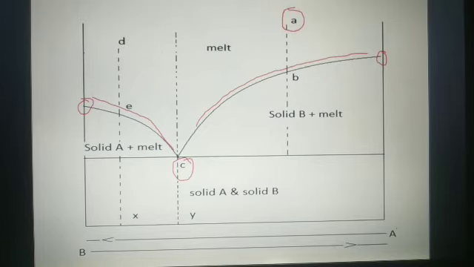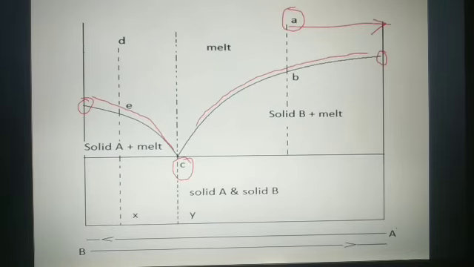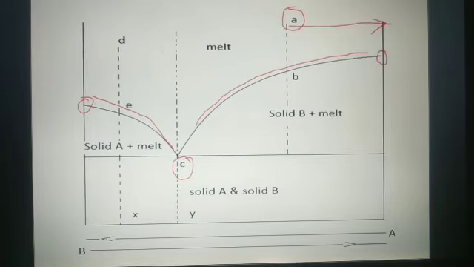When it is being cooled, up to the time the temperature reaches the point corresponding to B, this temperature is more than the melting point of either component. So this means at this temperature the whole of the mixture will be present in the molten state. When we cool it, it cools smoothly up to the point B. Cooling means there is a sharp decrease in the temperature.